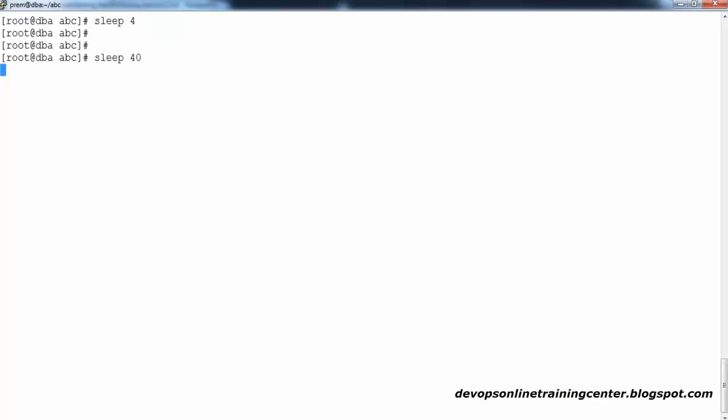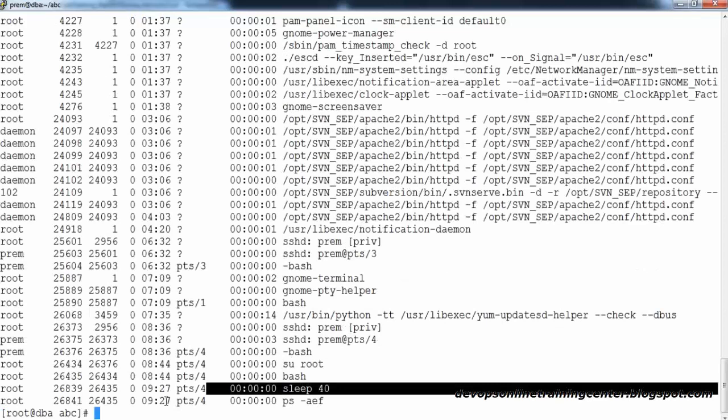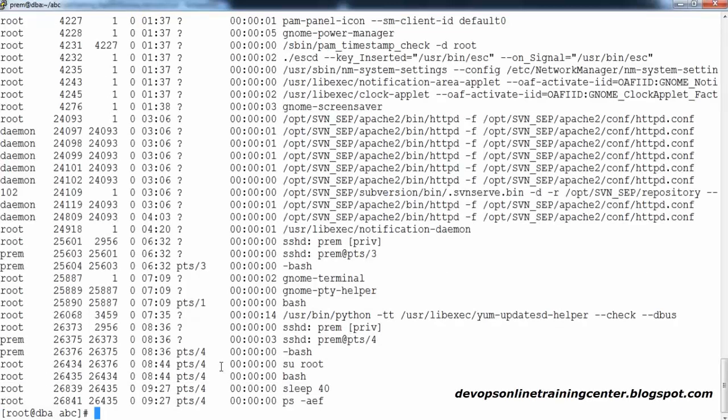Now what I can do, there is a really good command. If something is running in the foreground, nothing but you can see the things, and I want to send this to background, you can press Ctrl-Z and do bg. This will send the command to the background, okay. Now the sleep is running in the background. Now if you want to see the background process, run the ps -ef command. Can you see sleep is running over here, okay. So this is running in the background now.